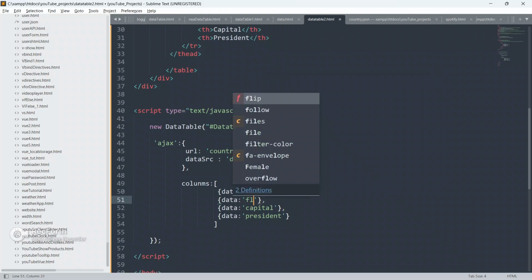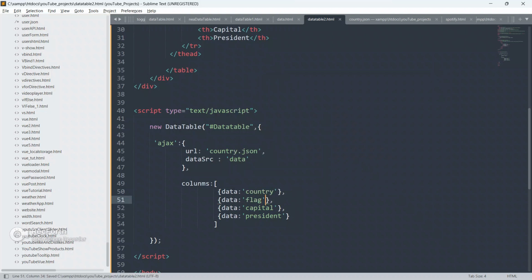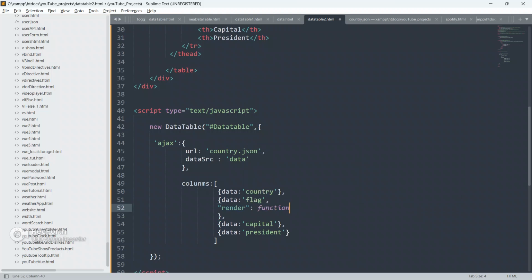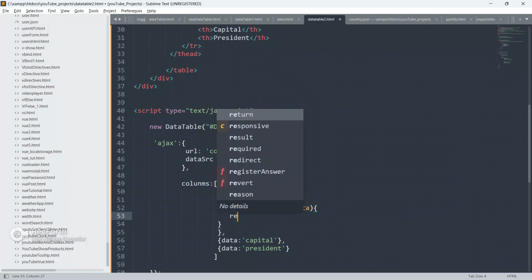Now I will display the images. It's a flag, so flag, and comma, and here I'm going to write the render function. Render colon function. This render function is going to take data as a parameter, with open and close curly braces.